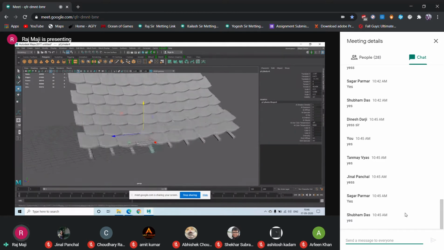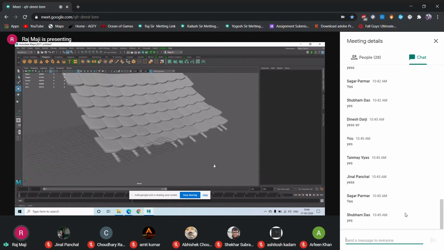It should not be the same distance. So two very close, one will be a little bit in gap. So it has to be very random. It has to be like this.